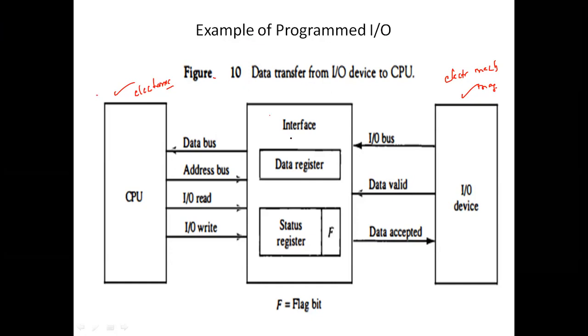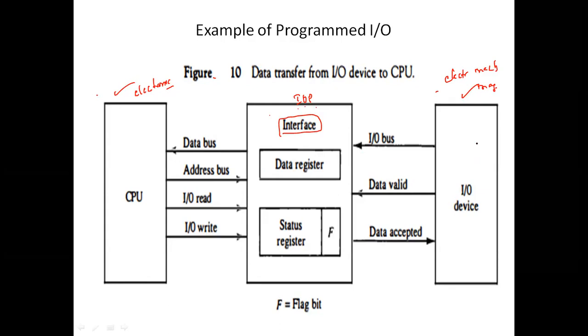For that purpose, we are going to maintain an interface. An interface is the one which is placed between two devices in order to provide synchronization between the two devices. That is the purpose of an interface. Here we have placed an interface. This is called IOP. IOP is nothing but the input output interface. So this is the interface, which is going to transfer the signals or messages from the IO device to the CPU and from the CPU to the IO devices. This is the mechanism here.